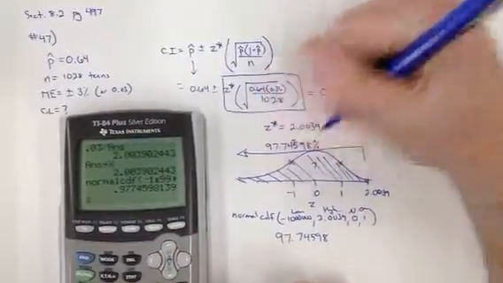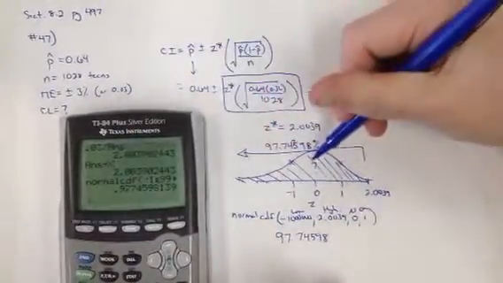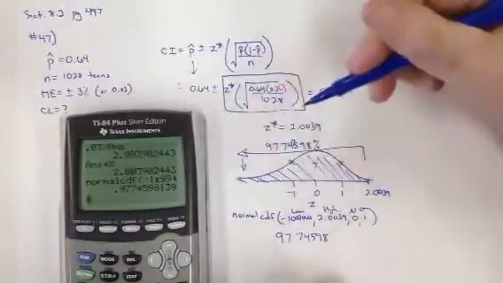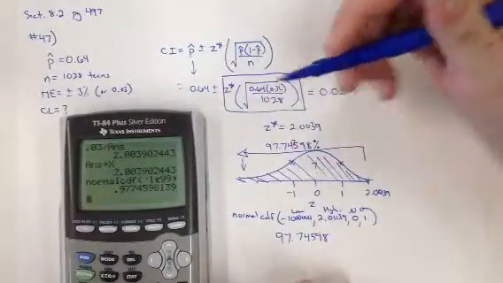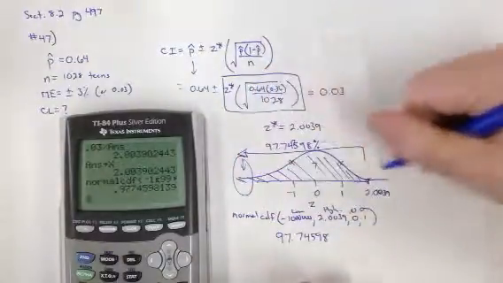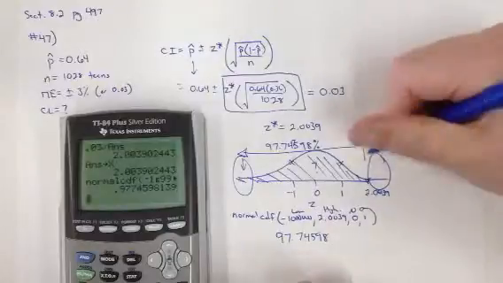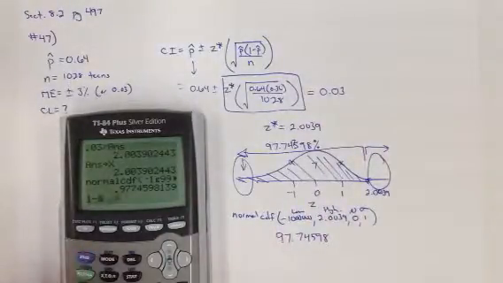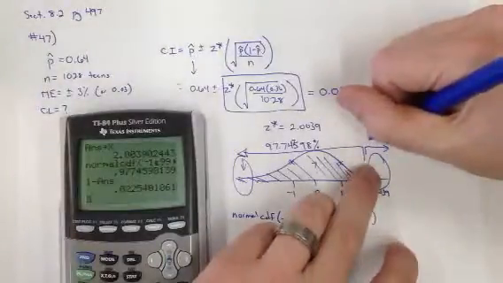So this whole thing is 97.74598%. But that is not the confidence level, because remember, this includes both the center section, which is our confidence interval, plus a tail. So how are we going to figure out what the tail is? Well, the tail on this left side is going to be the same as this empty tail on the right side. And how much is this? Well, we can do 1 minus our answer, and that'll tell us that this over here is